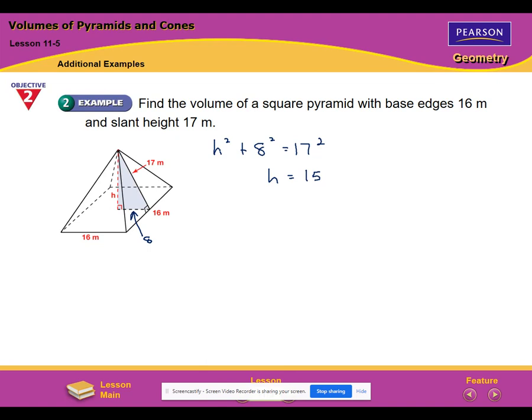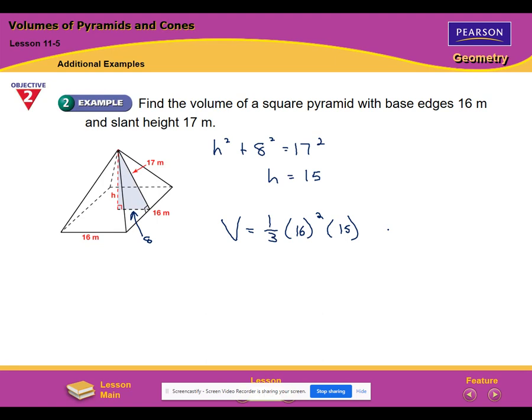Subtract 64 from both sides and square root, you'll find out that the height is 15 meters, right? So 15 meters is what we're going to need in our formula. Volume is 1/3 capital B, which would be 16 squared, times the height, which we just found to be 15. So not much difference between this problem and the last one, but that we had to solve for h before we could do this. And again, I'm going to my calculator here,